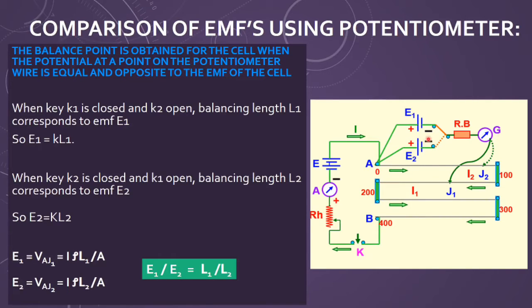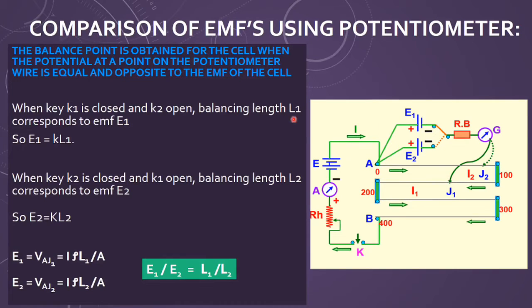So how will I do the experiment? I will take one here. If I insert the key here, it means E1 is in connection, but E2 is not in connection. This is the open key, here the closed key. So what will happen? The primary circuit is of course in connection. K1 is always to be inserted. This one-way key is to be inserted to make the current pass through this potentiometer wire. Then I can take the value for the null position. Let us say I get the null position at J1.